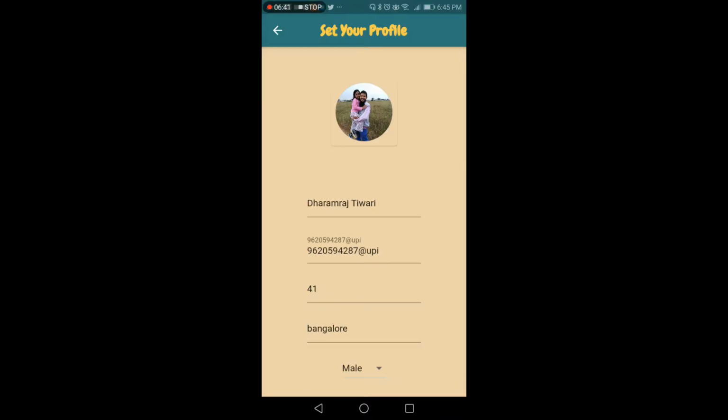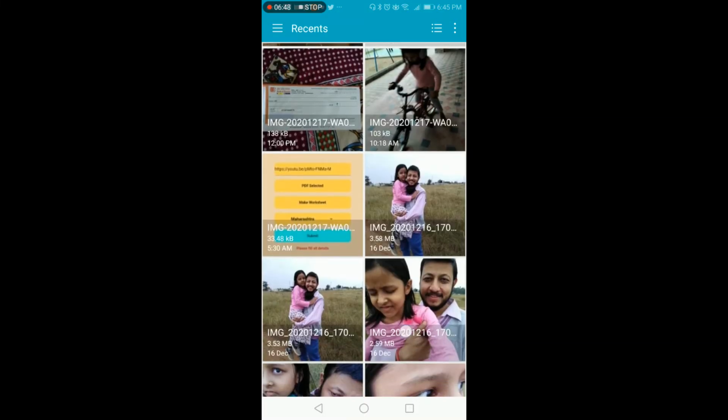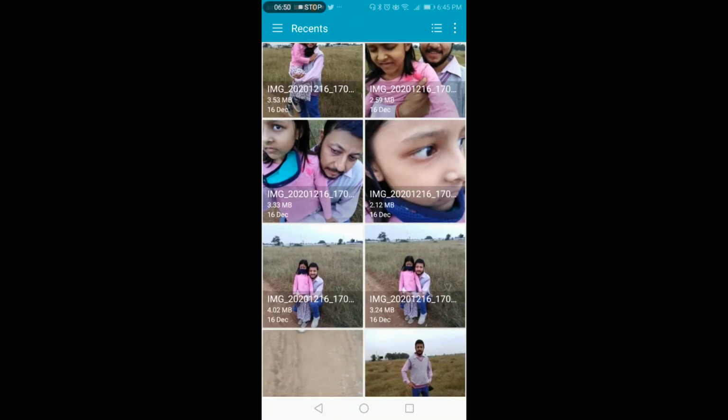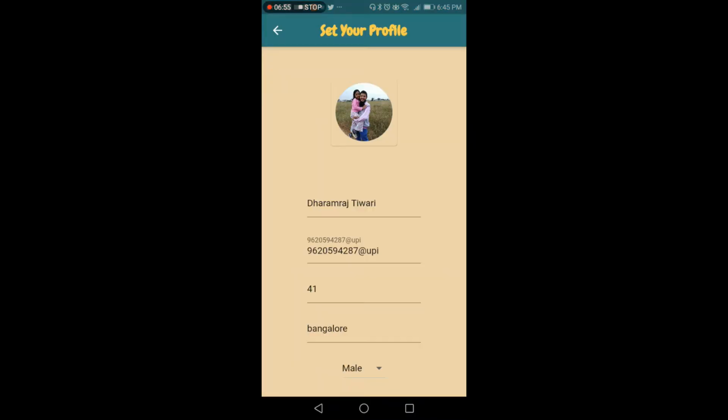I'll just click here and select the picture which I want to post. Okay, and then I put my name and my UPI. So UPI is basically for the settlement. So whatever revenue is generated from the teacher, they will get the settlement through this UPI, and all the teachers should have their banks linked to this UPI. Okay, so that we will make the payment to the UPI and it will directly go to your banks.